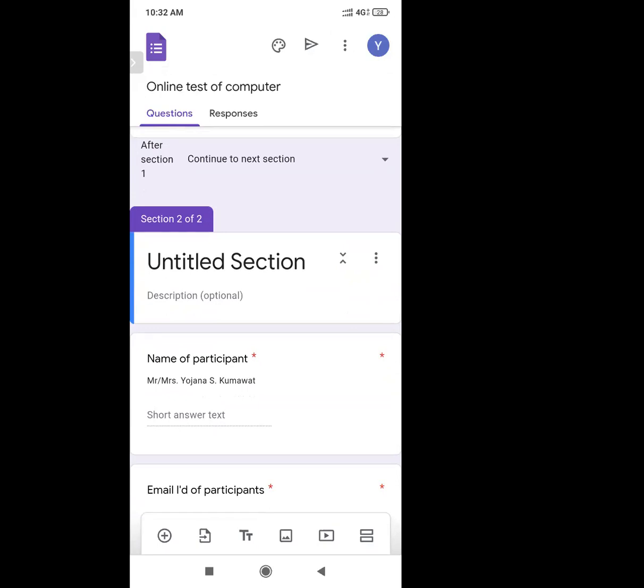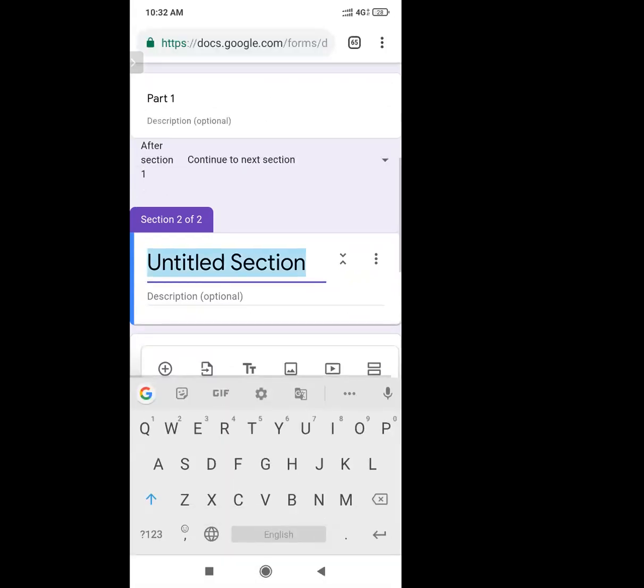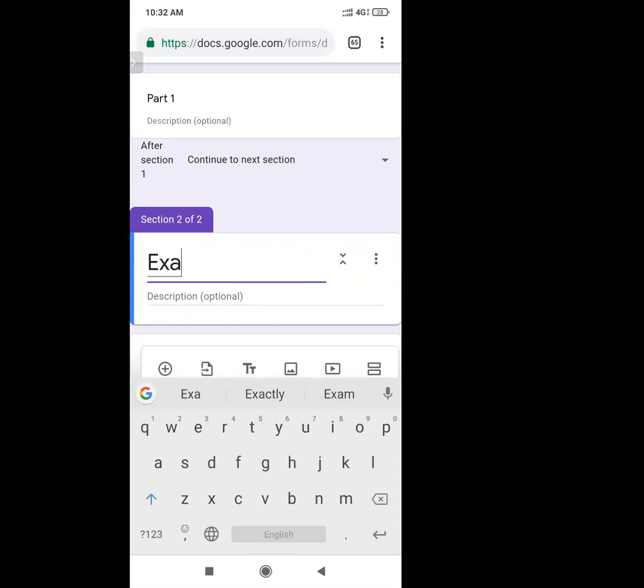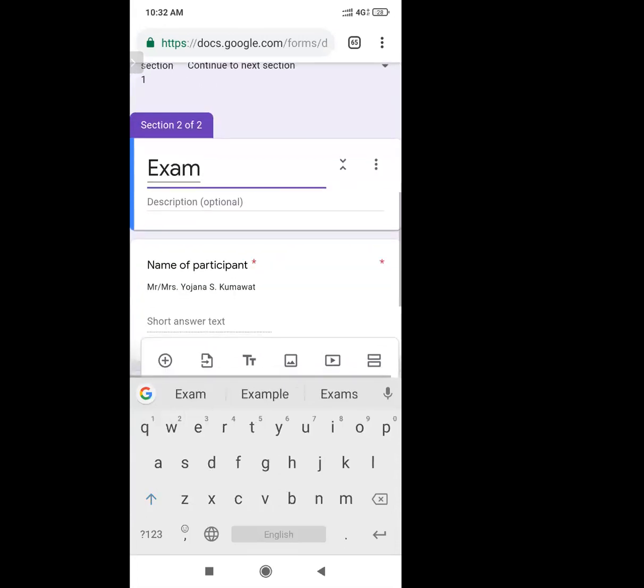You can see here untitled section is given. You can give any name to it. Suppose I will write it as exam. And for that section also you can give a description in the line which is given below this untitled section.